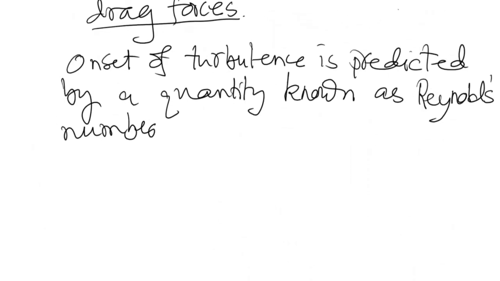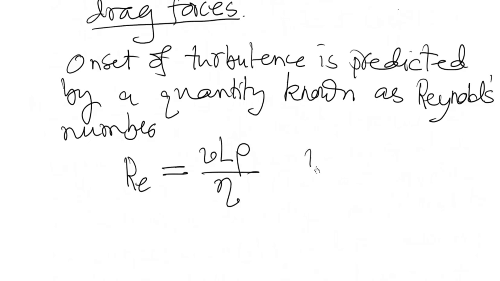And this Reynolds number is defined by V L rho divided by eta, where V is the object's speed